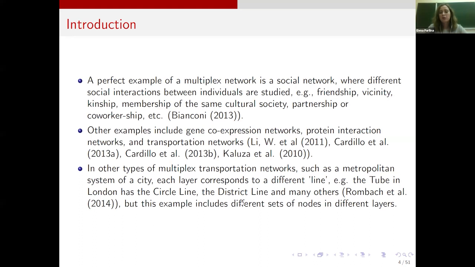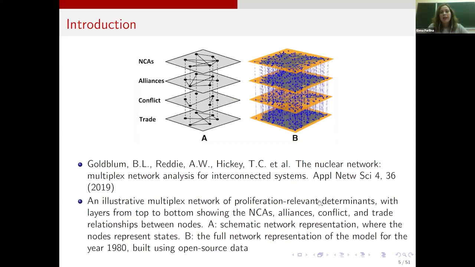Another type of networks, special class of transportation networks, I would say that it is not multiplex, but maybe more multi-layer networks, when you can see here, for example, tube. So if you see metro, you have different lines, and they have some nodes which are represented in different layers, the same nodes. So this will be, again, the good example of multi-layer network. This example we found from the book about nuclear network.